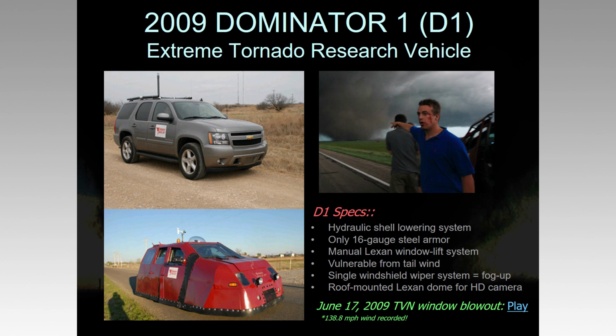And I'll show you a video from one of our first intercepts in 2009. So we never really got to test it out. We just got the vehicle, and then we were intercepting tornadoes right away, but we kind of eased into it a little bit. But this day in 2009, June 17, the moisture was cleared out a little bit by morning convection. And so the storms were high-based, but they would produce these rope tornadoes. And so we got a little bit overconfident, and